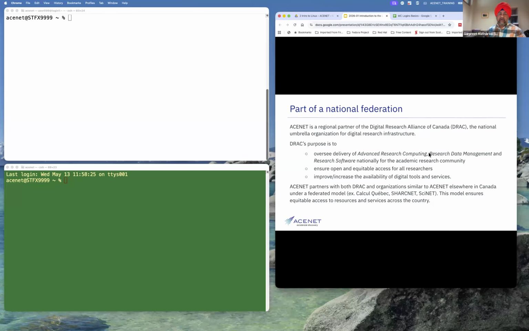And at the ground level, we are the soldiers who are actually working towards that mandate over there. So ACENET partners with both DRAC and organizations similar to ACENET, as I mentioned before. For example, Calcul Quebec, SHARCNET, SciNet, or BCDRI and those ones as well. So this model ensures equitable access to resources and services across the country.